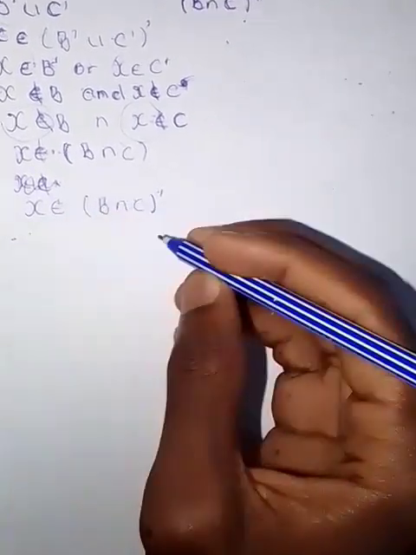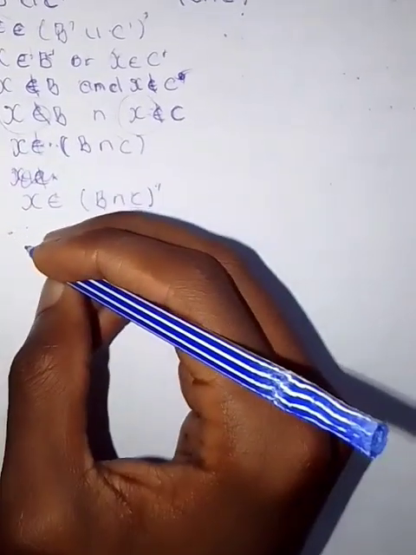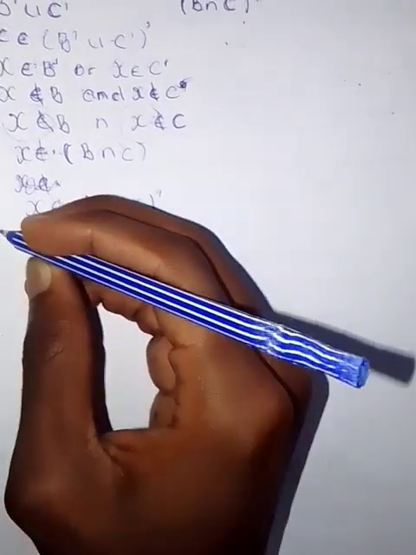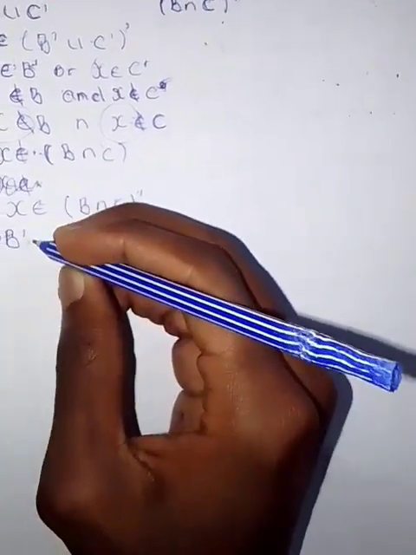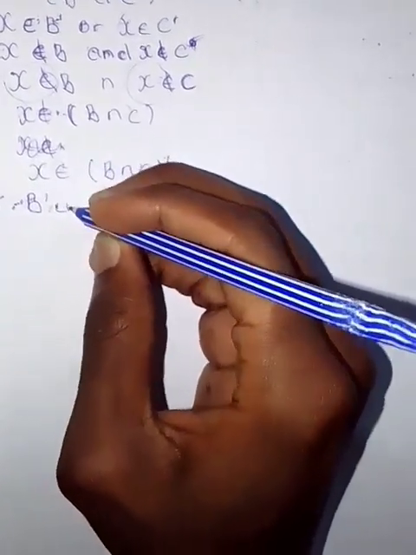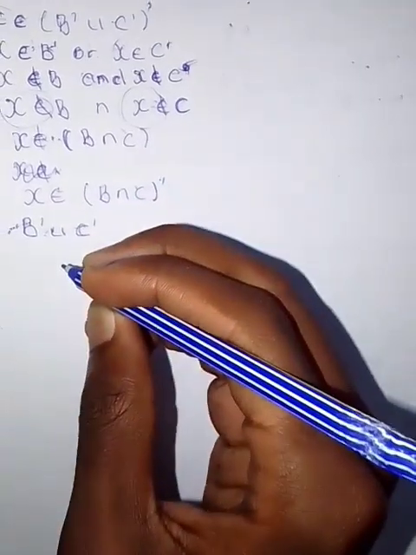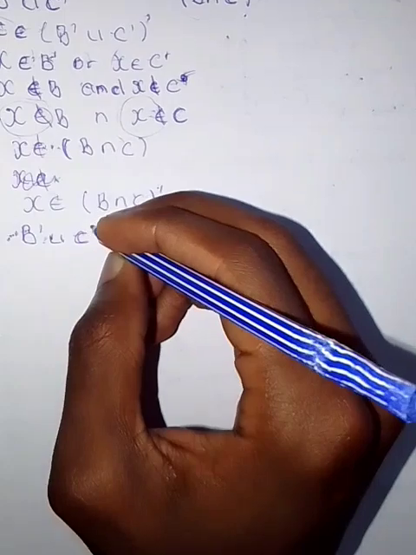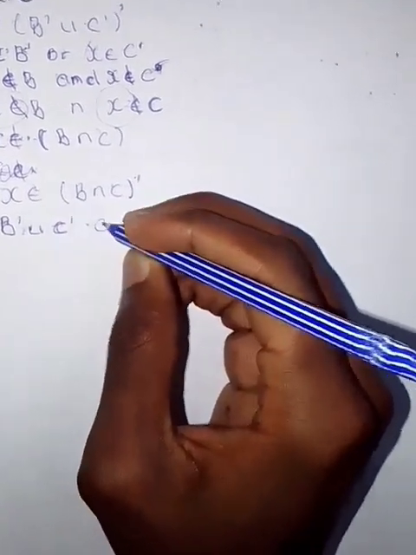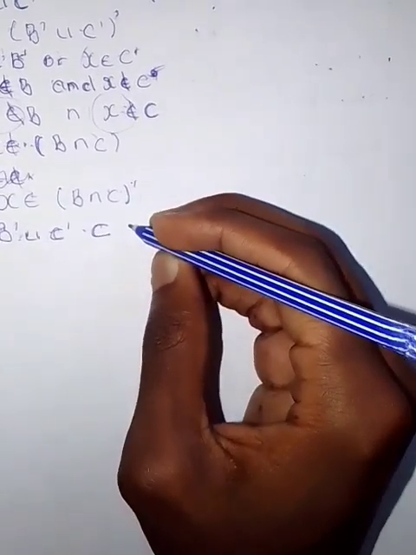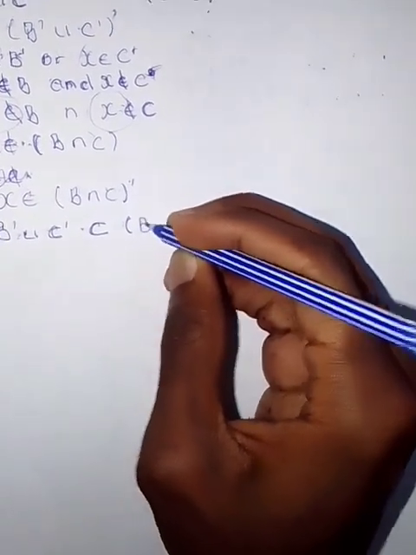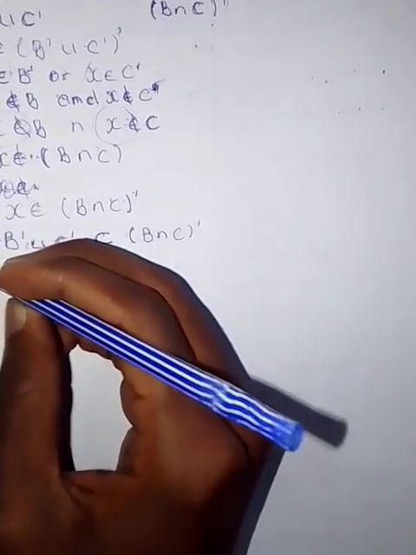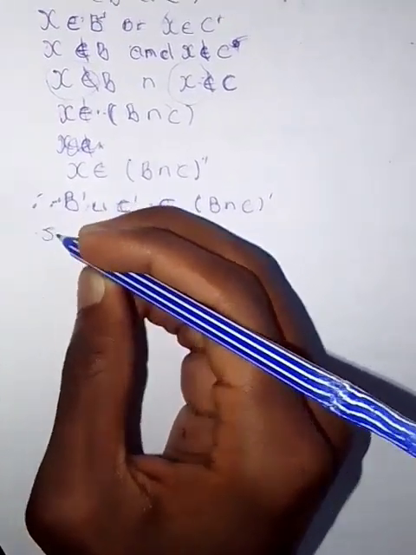Before you conclude, make sure you show them that, say therefore B complement union C complement is a subset of the intersection of B and C complement. So then now you're going to conclude that you're going to say since